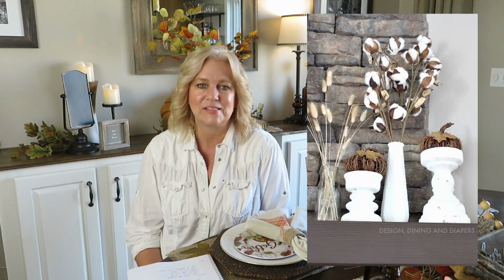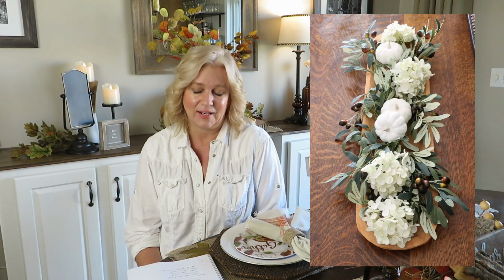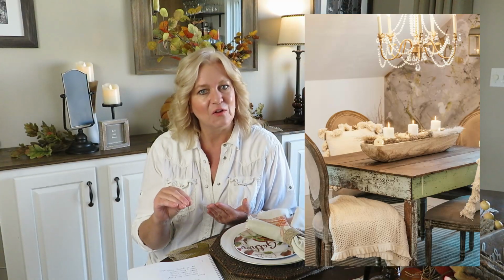Next, we're going to talk about neutrals, which can be in every single category because you have to have neutrals for your other colors to pop. But for our neutrals, we are definitely going to stick with our whites and our creams and our grays and like your light taupes, colors like that. You're going to have your dried naturals and straw, just anything found in nature that has that color tone that we're talking about. And don't forget about the use of baskets and your wicker